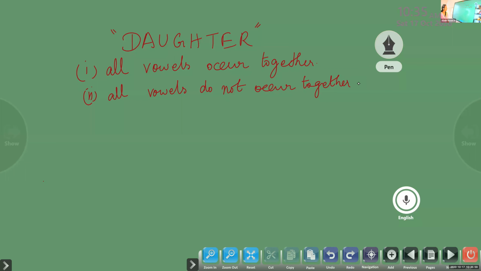What's the question given here? You are given the word daughter, isn't it? We want to find in how many words the vowels will occur together. Okay, I'm going to do the first part. Listen, all of you children, you can do the calculation and writing afterwards. If you are not able to follow, the next 2 or 3 questions are based on this model itself.